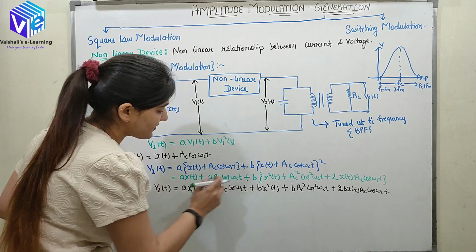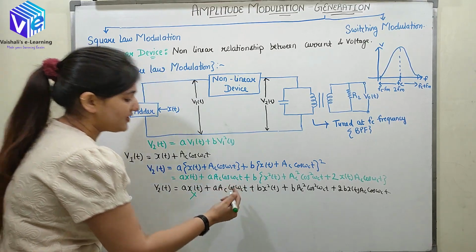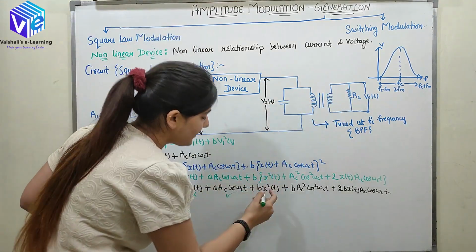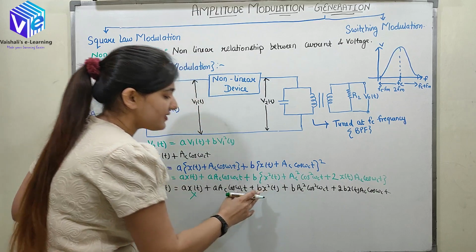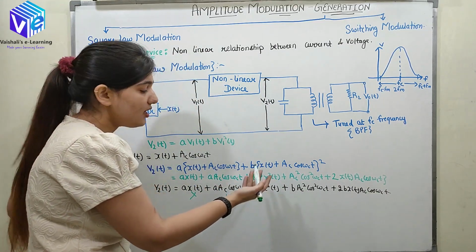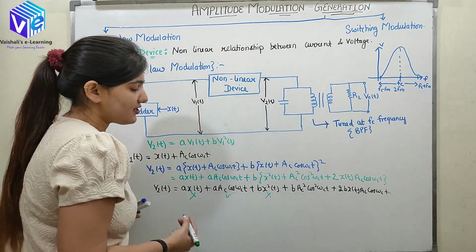After that we'll see this signal. So now this is centered around omega C, which is FC. So now yes, this signal will pass this band pass filter. After that again this signal is X square T. XT is a low frequency signal. Similarly X square T is a low frequency signal. So this is also getting rejected.